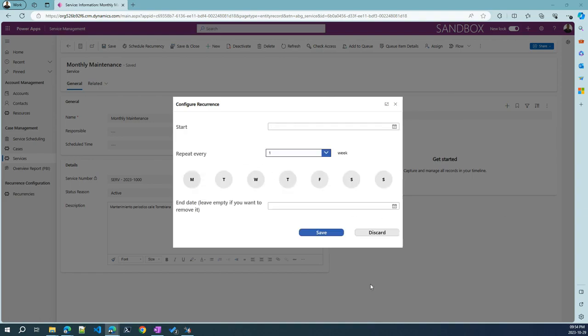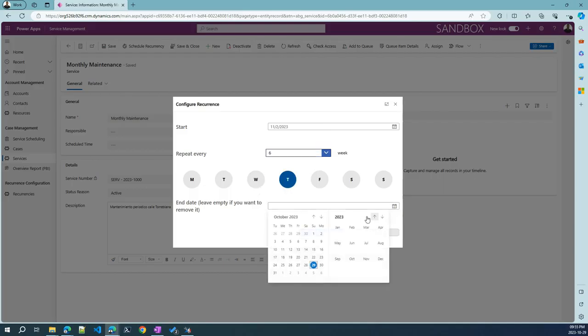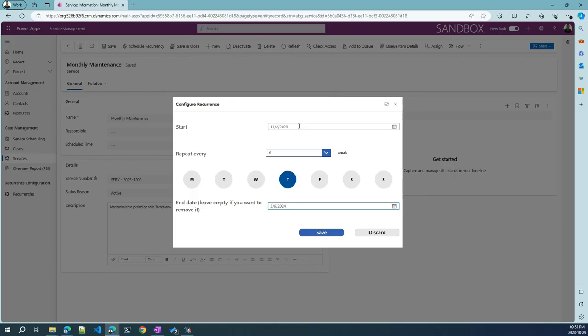And this custom page here is like a modal or a dialog where I can configure, okay, let's say, every 6 weeks on Thursdays until, I don't know, the end of contract, next February. I hit save. This will configure this recurrent maintenance service so that every 6 weeks it will get programmed for